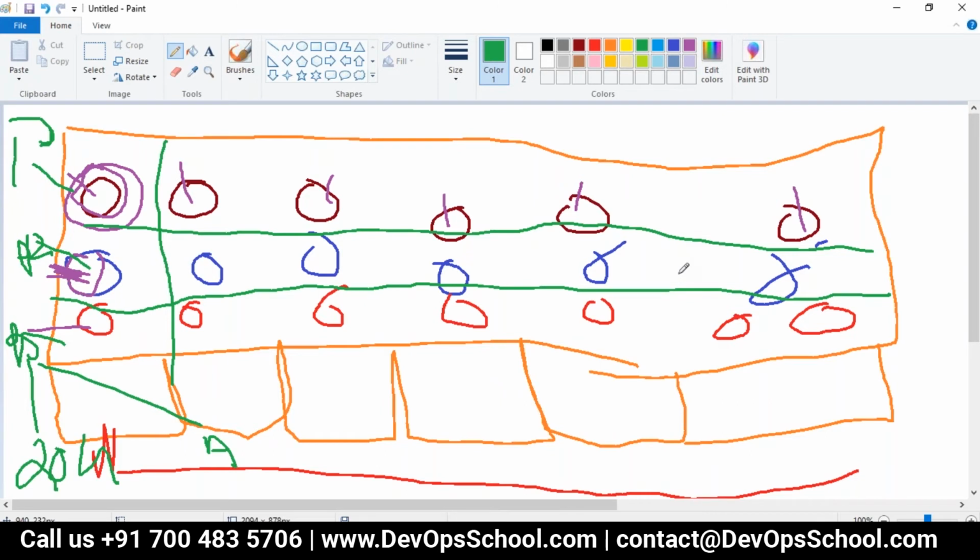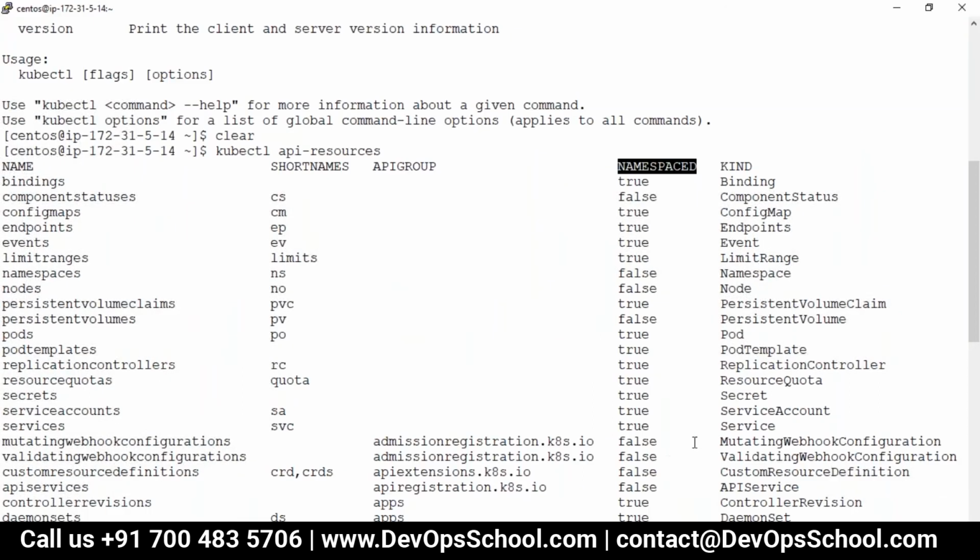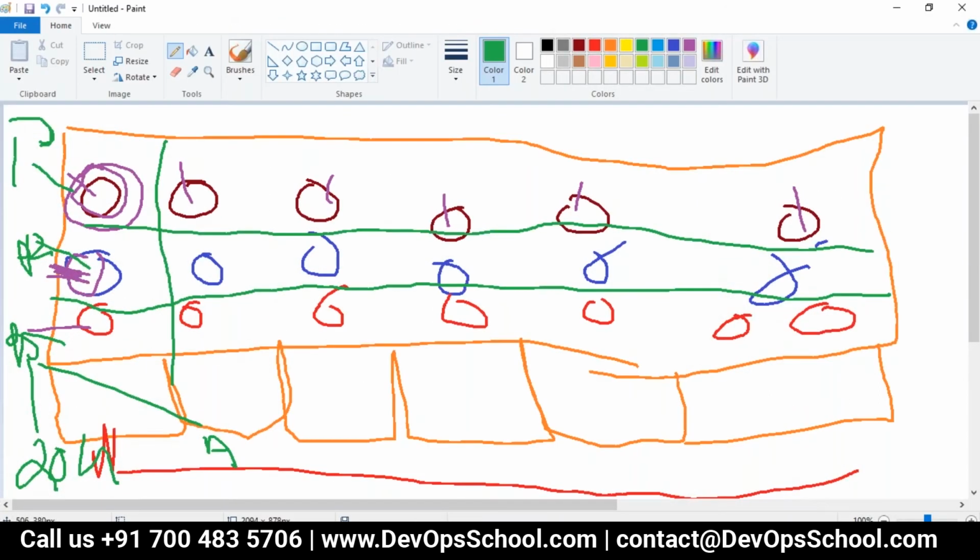So Rajesh, quick question. You said namespaces are horizontally mapped, so all the pods are available in each node, in each namespace, correct? Yes, correct.